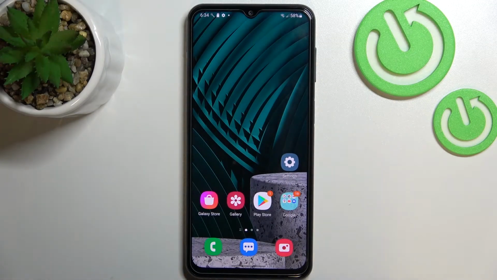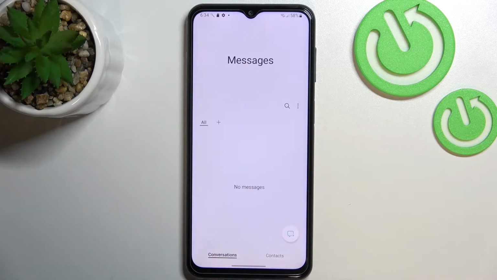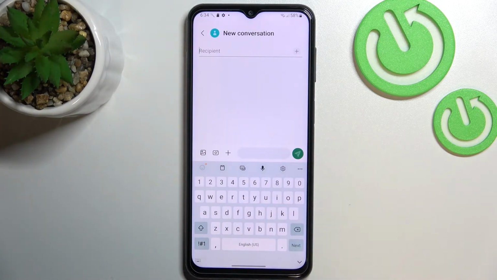Hi everyone, in front of me I've got Samsung Galaxy M23 and let me share with you how to change keyboard language on this device. So first of all, let's open the keyboard, for example in messages. It doesn't really matter, just have the keyboard on the screen, and here all we have to do is to